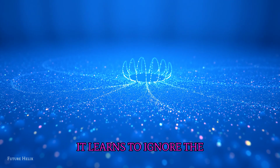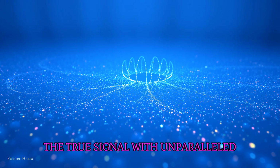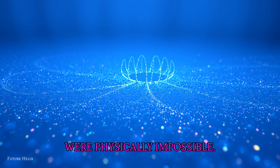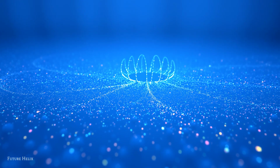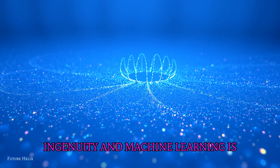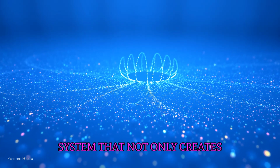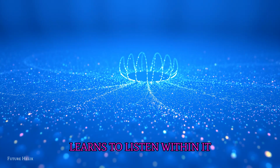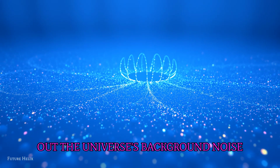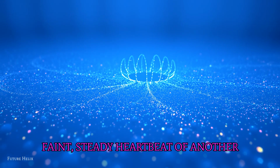It learns to ignore the false positives and lock onto the true signal with unparalleled confidence, pushing the contrast limits into realms we once thought were physically impossible. This intelligent partnership between human ingenuity and machine learning is the next great leap. A system that not only creates a perfect silence but also learns to listen within it with a discerning ear, filtering out the universe's background noise to hear the one sound we are searching for, the faint, steady heartbeat of